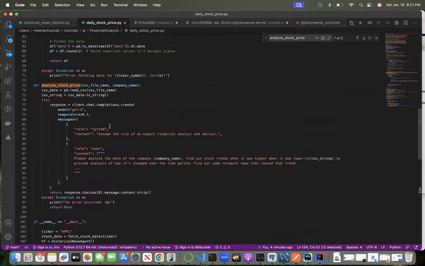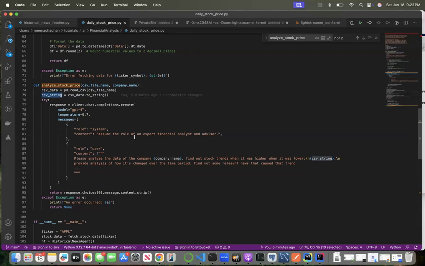Now, how do we pass the CSV file data to OpenAI? We read the CSV file. To this method, analyze stock price, we are passing the CSV file name and the company name. We load the CSV file. We convert the data into a string because that's what we need to pass here. Again, this is the same model, temperature, messages, and then